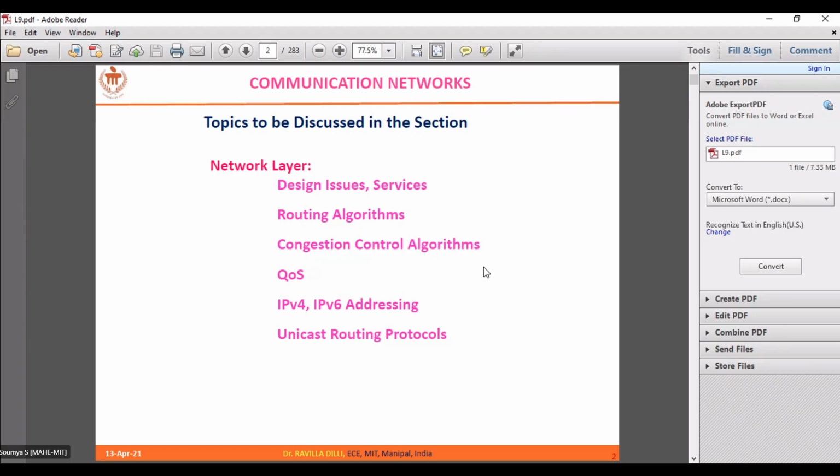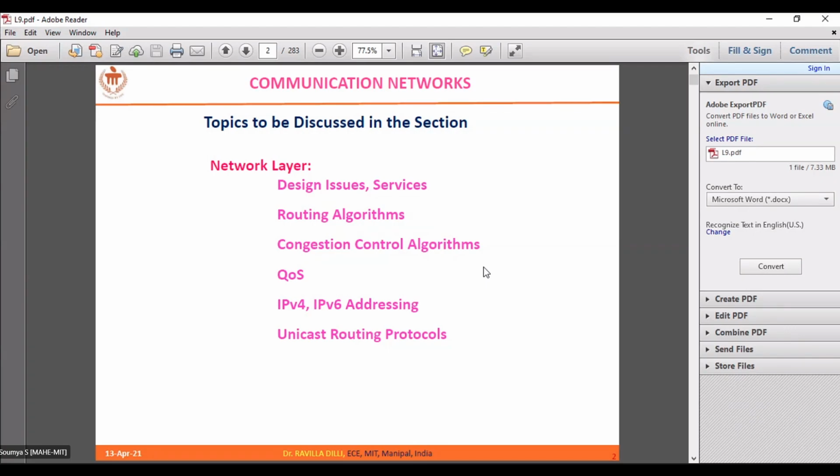Or the least cost, right? So these are the different measurement metrics that I will use in order to decide which path I have to take. Accordingly, routing algorithms are also given to us on the basis of these different criteria or